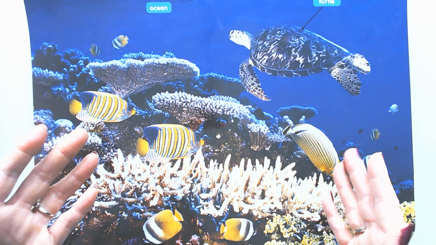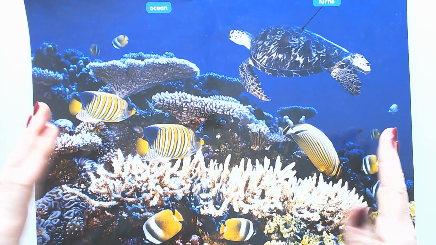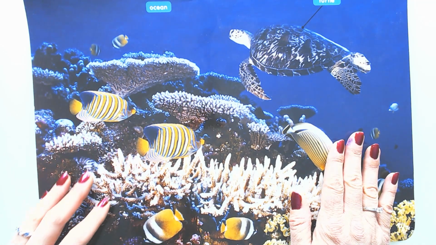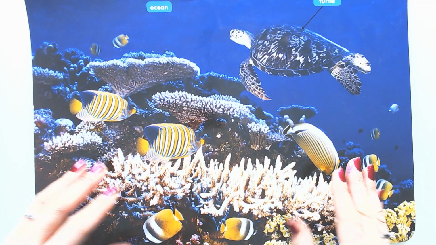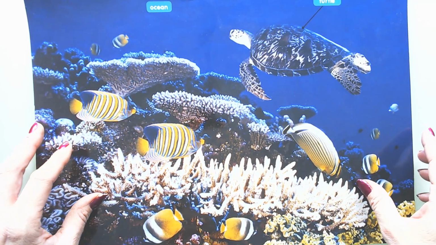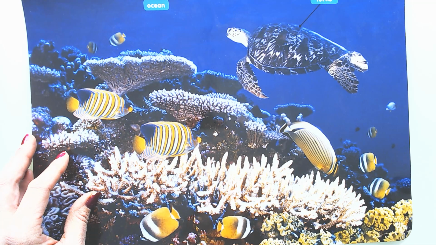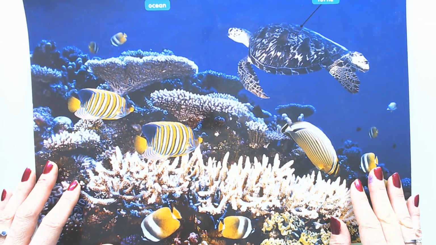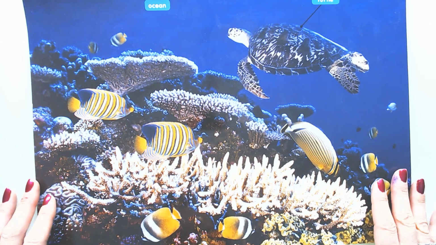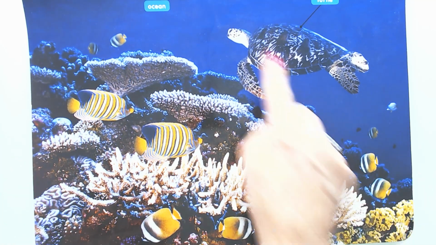Like, we live on land, mainly. I guess there's some people that maybe live in their sailboats in the ocean or on aircraft carriers. That's what our military uses. It's a huge boat that has lots of men and airplanes and weapons on it. So I guess some people do live on the ocean, but these are the animals that live in the ocean,